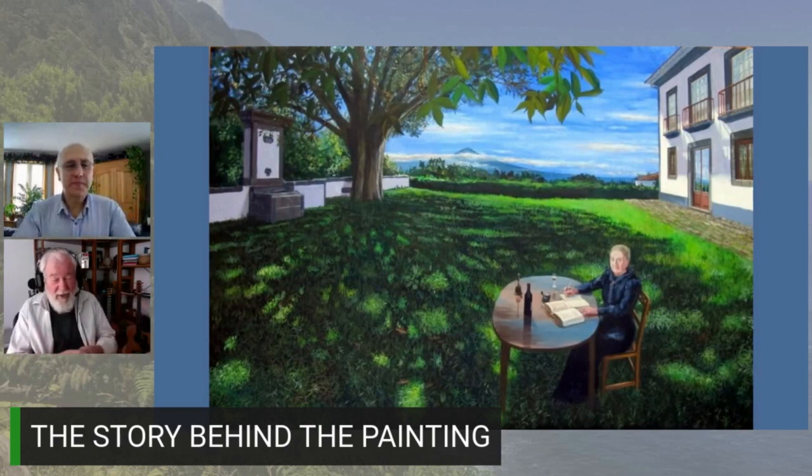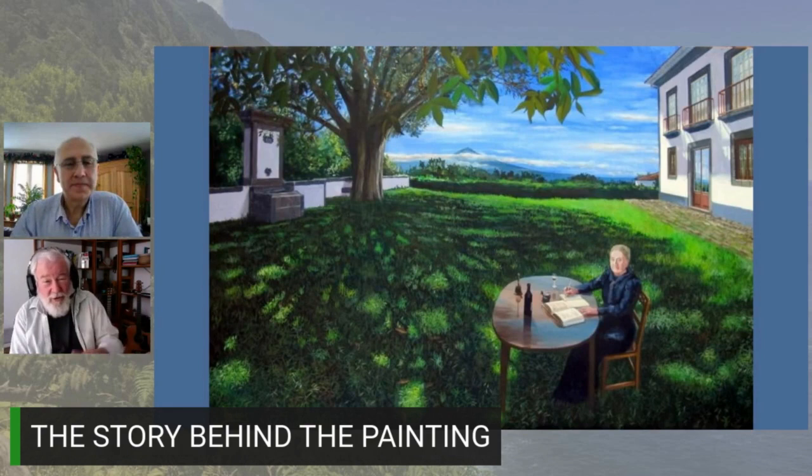But okay, so George said, I want this. People then make kind of impossible demands on the painter. So he said, I want the water pump in the image, I want the house in the image, and I also want the Viscomdessa in the garden. And I said, okay, that's a good idea. But what's she doing there? She doesn't seem to be a lady that is just idle. So I suggested to him,